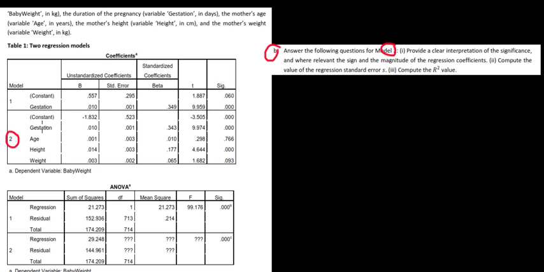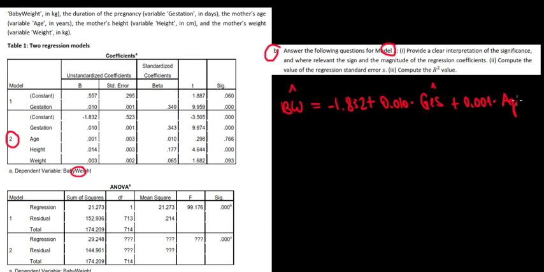We have a constant and 4 independent variables. So let's write down this model. Again, the dependent variable is the baby weight, so we are regressing the baby weight. We are predicting values for the baby weight based on a coefficient which is minus 1.832 plus 0.010 multiplied with the value of the gestation, so the predicted value of the gestation, plus 0.001 times the age of the mother,